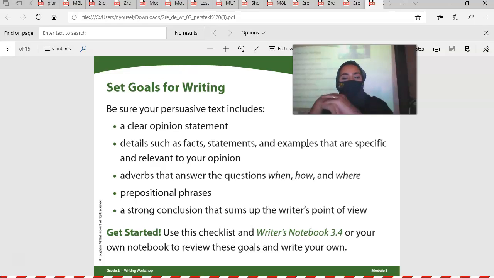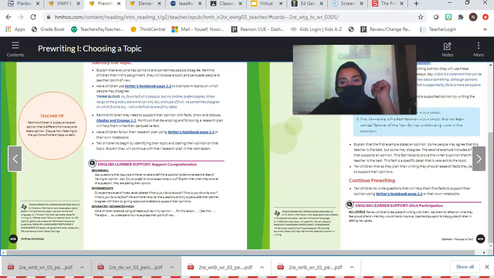Okay, and then prepositional phrases. And then on the bottom, you have to have a strong conclusion that sums up your point of view, the writer's point of view. Okay? So let's look here at an example of